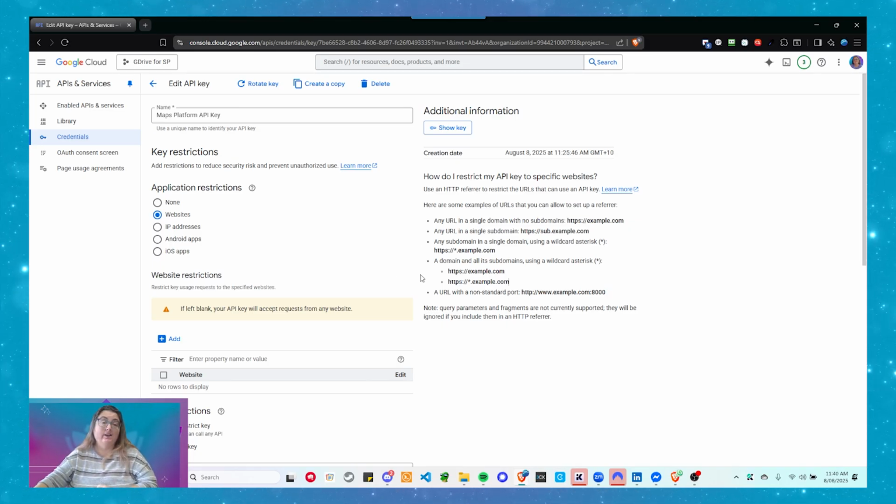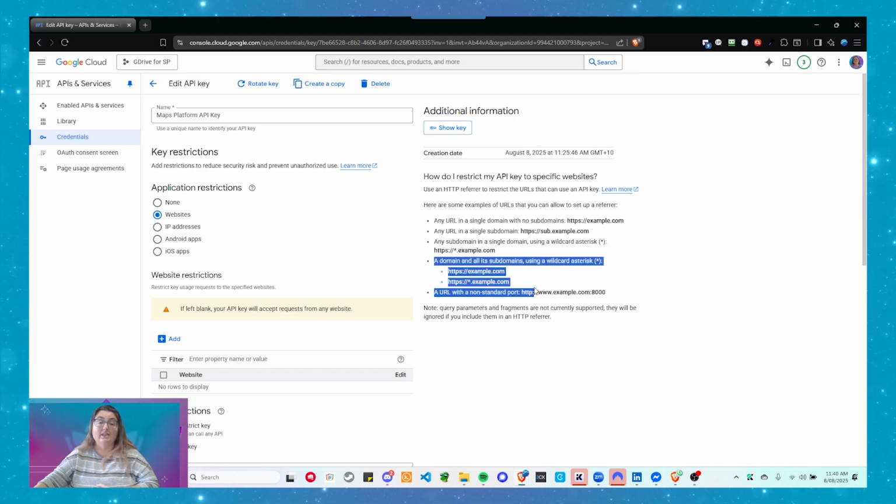I don't want to have to create a new API key to do that. I just want to use the one API key because then it'll just work. So what I would do, honestly, is use this option here, a domain and all its subdomains using the wildcard asterisk star sign.